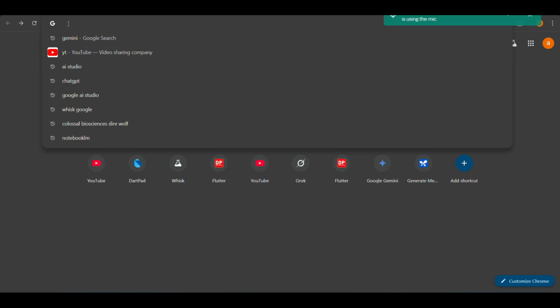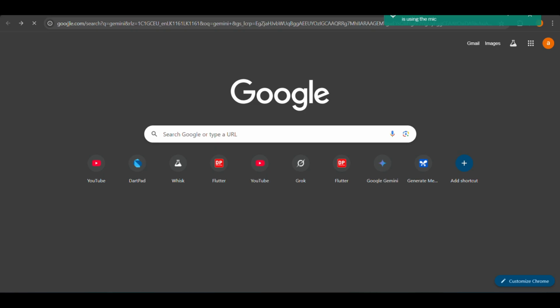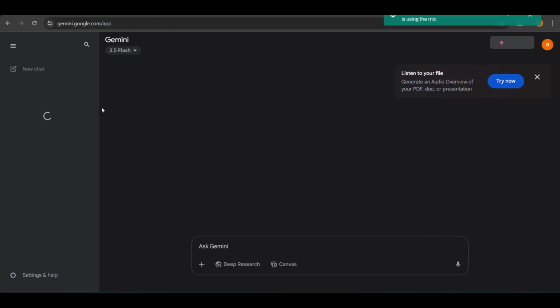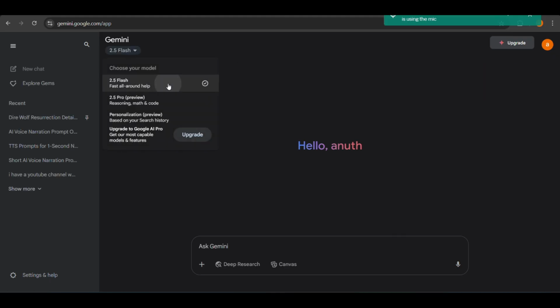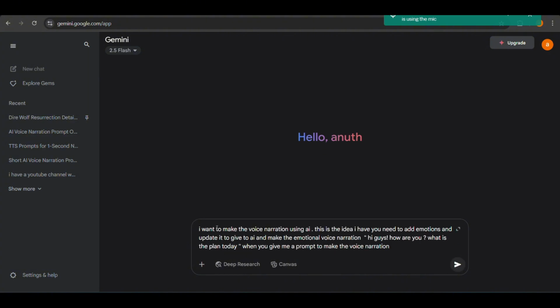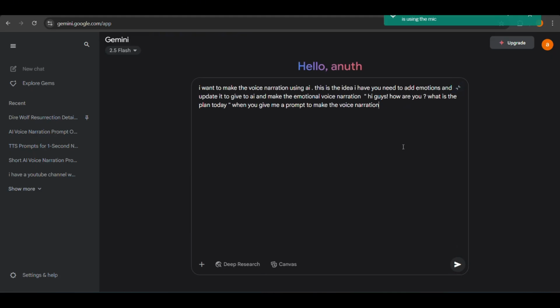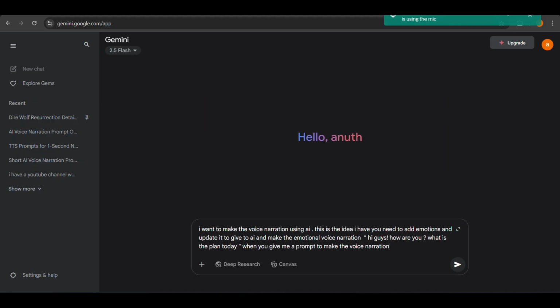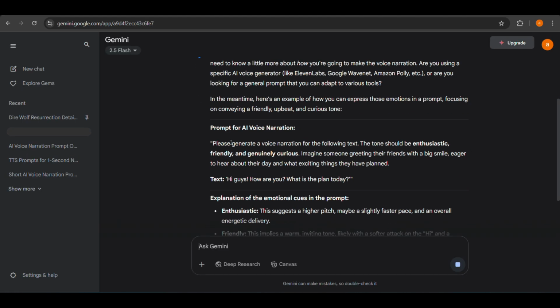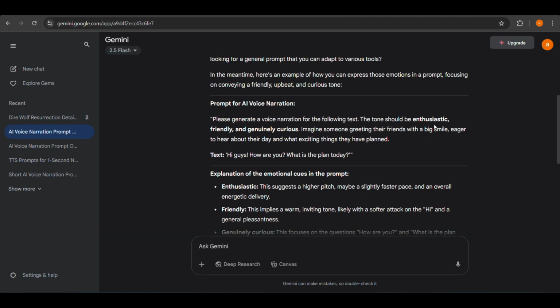First of all, you need to open a new tab. Then you go to the search bar and search Gemini and select the first option in the results. Go to Gemini and ask like this prompt. Then send it. Now the AI replies. Now you copy this prompt